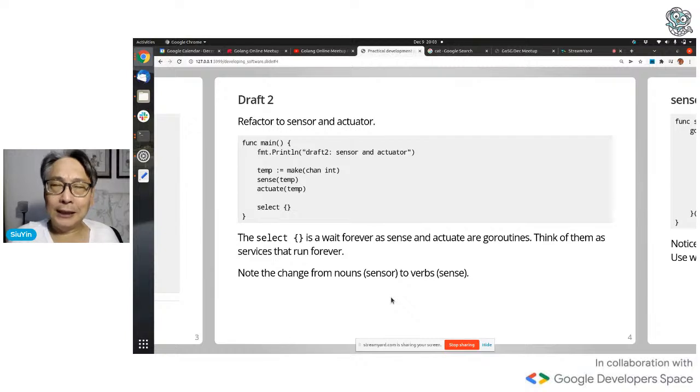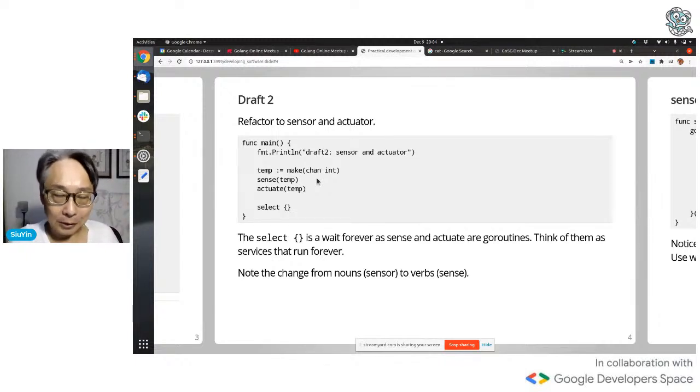If you had paid attention to Xiaoshong's code, it makes use of active verbs, things like sense and actuate. He did not use a term like sensor or actuator. Instead, Xiaoshong used verbs, which is what I'm using now, sense and actuate.